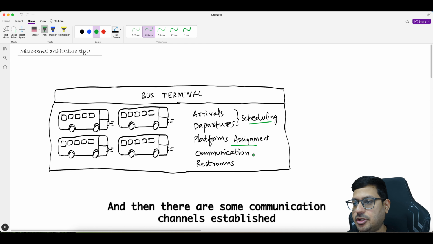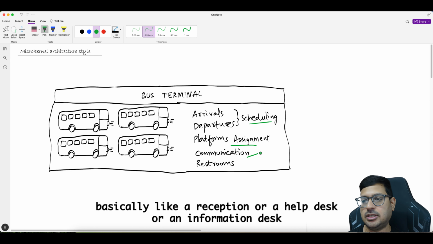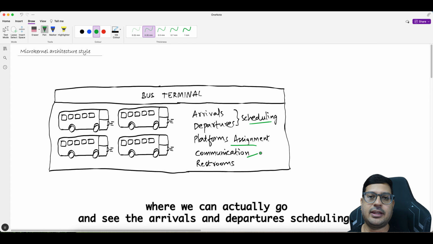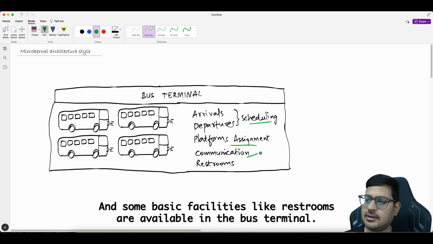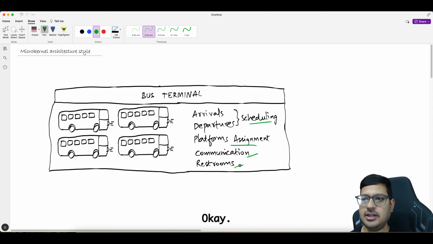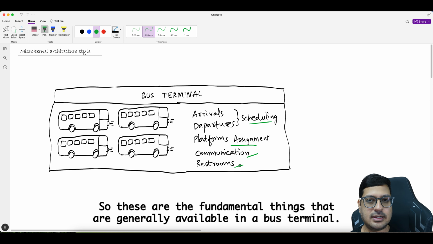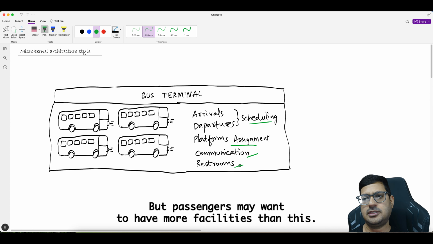And then there are some communication channels established, basically like a reception or a help desk or an information desk where we can actually go and see the arrivals and departure scheduling. Maybe there are some TVs displaying this information and so on, right? And some basic facilities like restrooms are available in the bus terminal. Okay, so these are the fundamental things that are generally available in a bus terminal, but passengers may want to